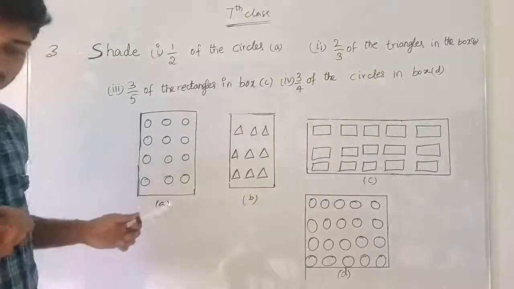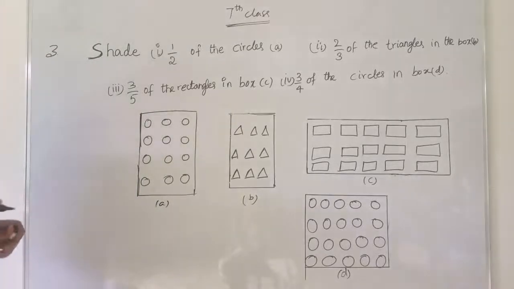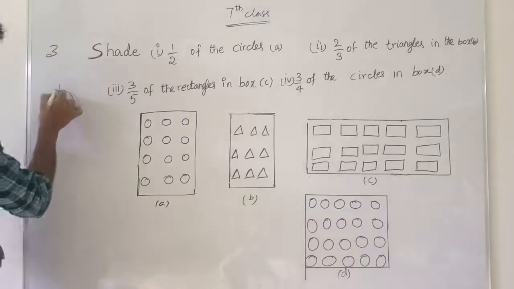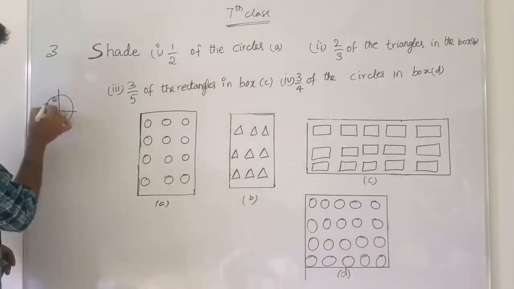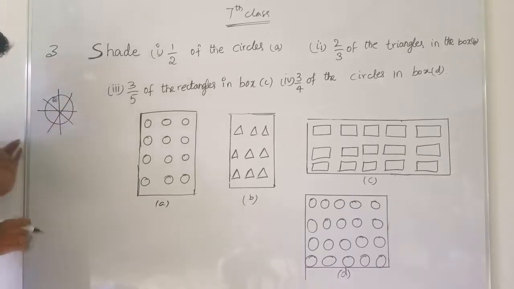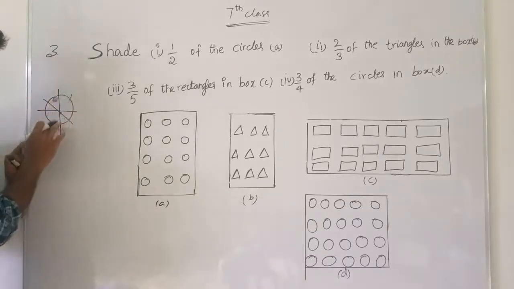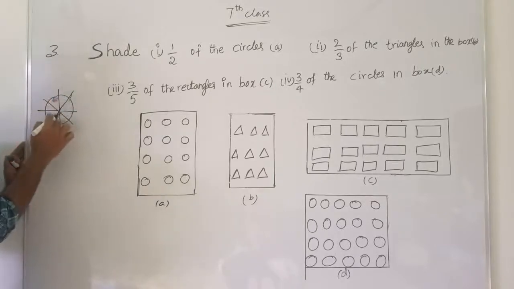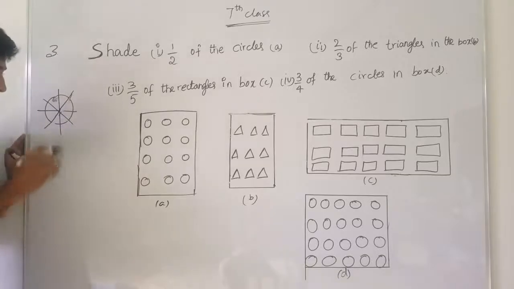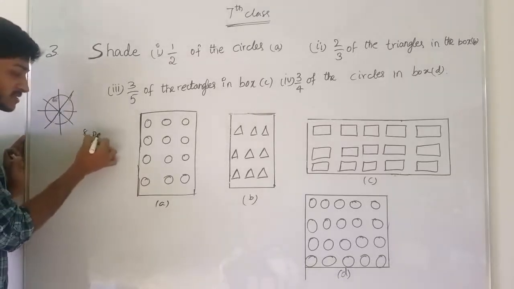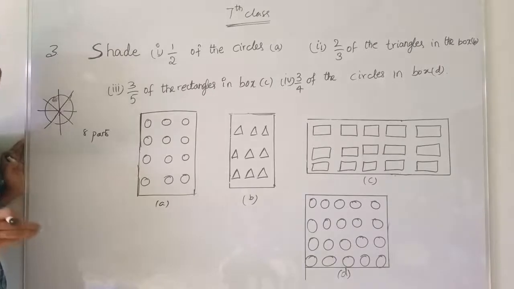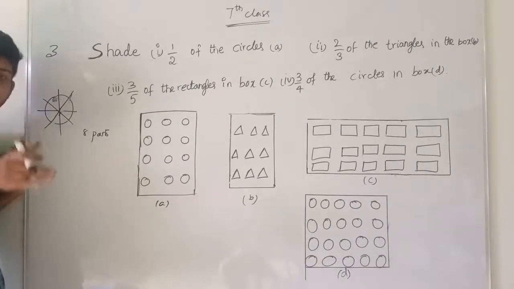See here, children, I already told you that fractions mean if you take a full thing and divide it into pieces. So here I took a cake and I divided this cake into 1, 2, 3, 4, 5, 6, 7, 8. Total how many parts here? I divided this cake into 8 parts. The thing here is the cake.